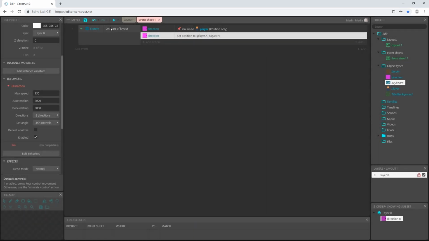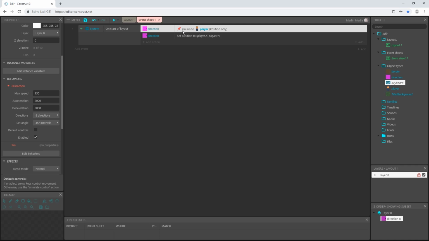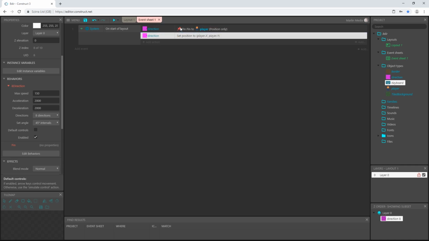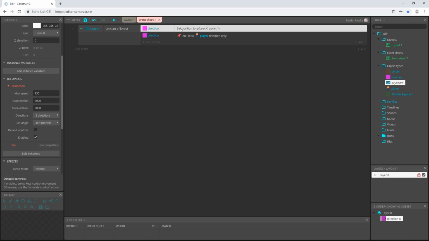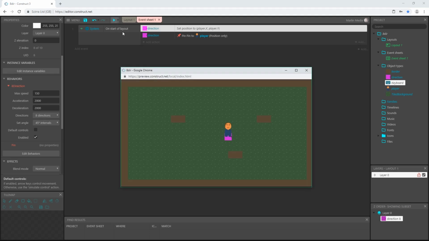So on the start of the layout, we are going to set the position of our direction sprite to our player, and then we're going to pin it. So let's go ahead and drag that up above, and then we can play, and there it is.